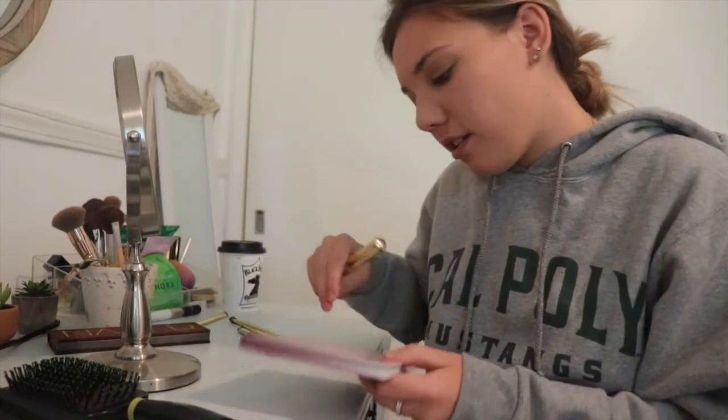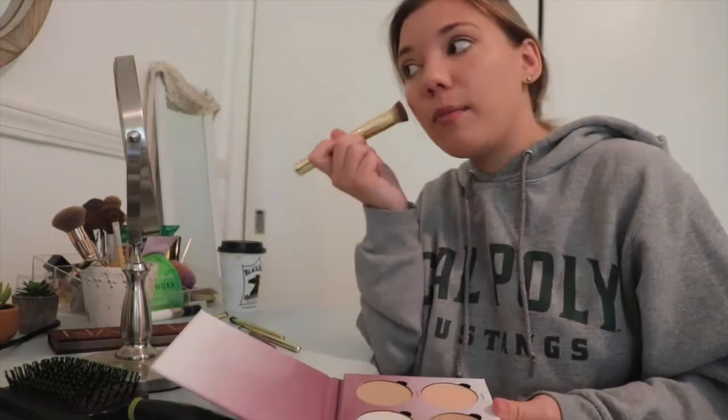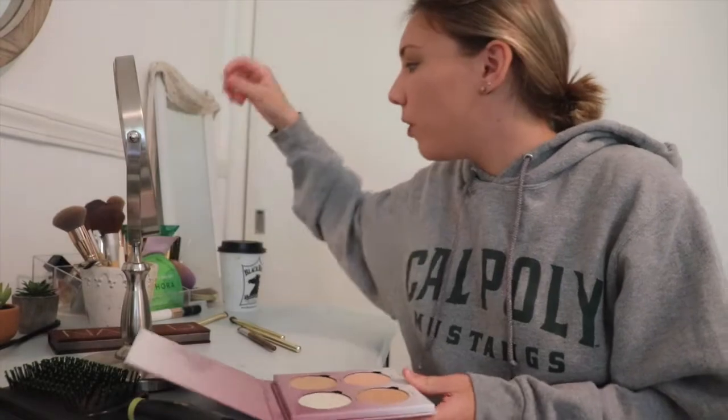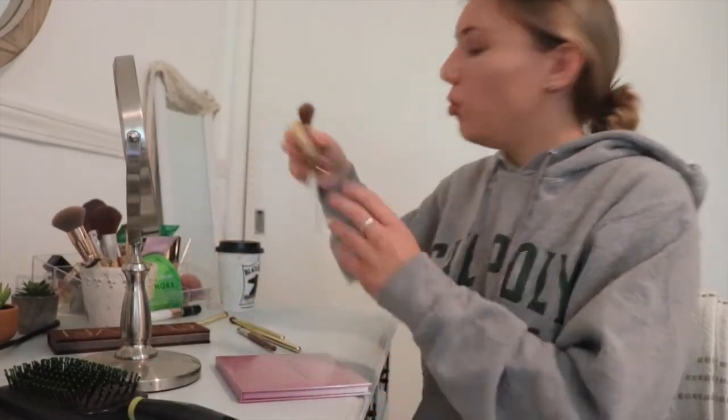So I have this Anastasia Beverly Hills palette, and I like butterscotch, and I'm gonna highlight, and then I'm gonna go in with a bronzer. I have this Too Faced bronzer that,